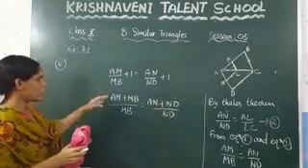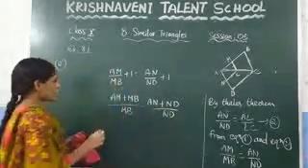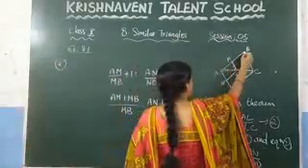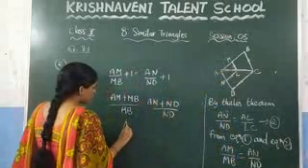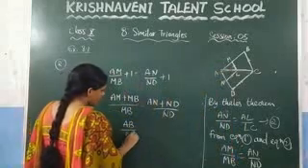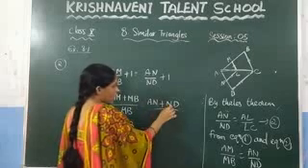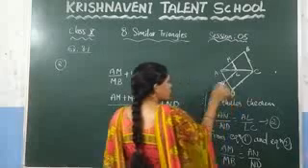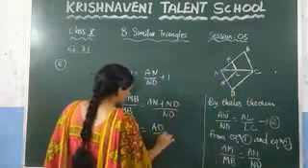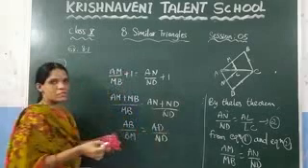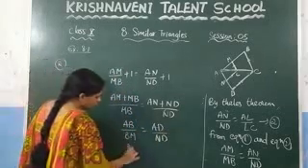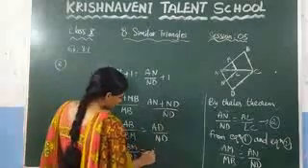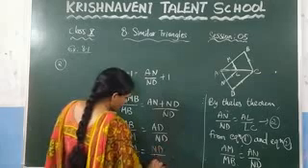Or you can reverse this one. So here what you will get? AM plus MB, what is the value of AM plus MB? AM plus MB gives you AB, the total length. So you will get AB by BM is equal to, what is the value of AN plus ND? This is the value of AN and this is the value of ND. If you add, you will get the total length, which is AD. So here AD by ND. Just reverse this one, so that what you will get here? BM by AB is equal to ND by AD.